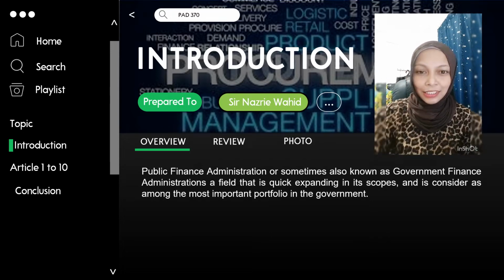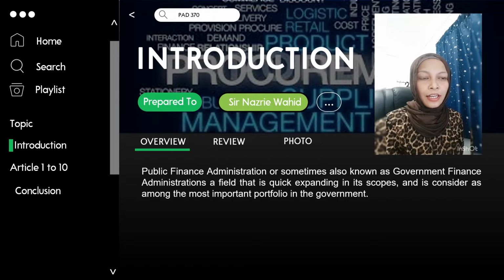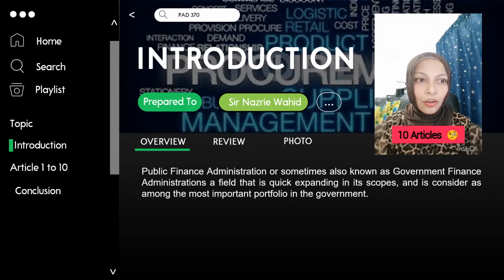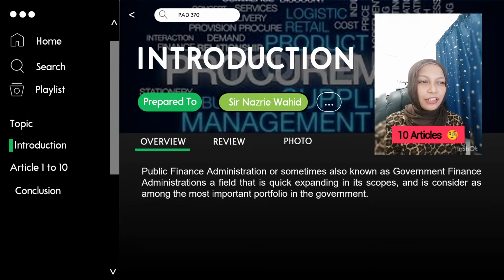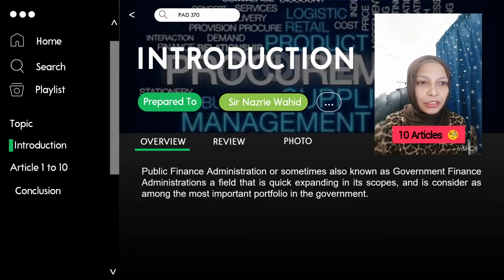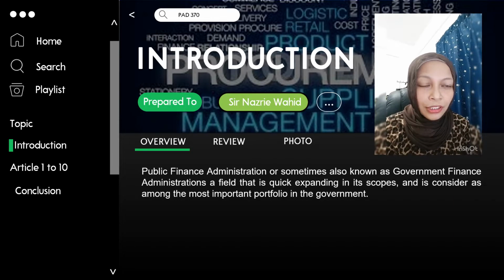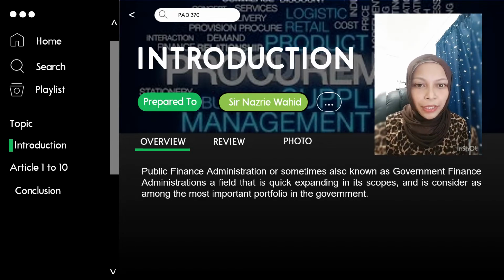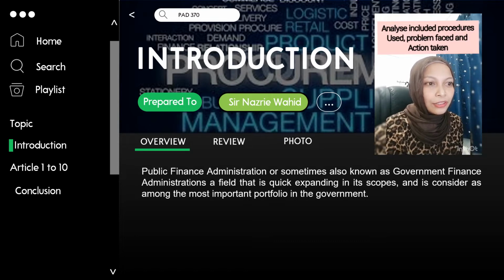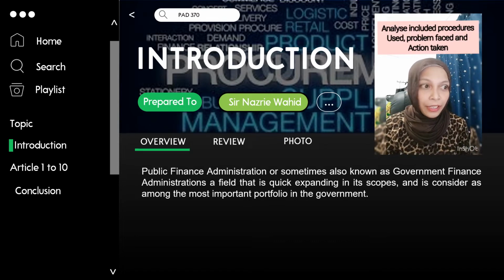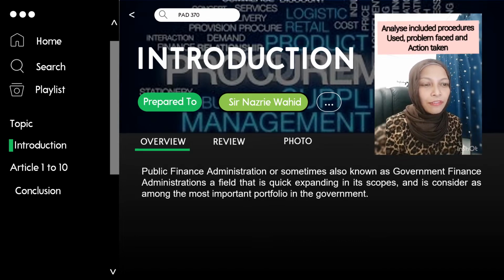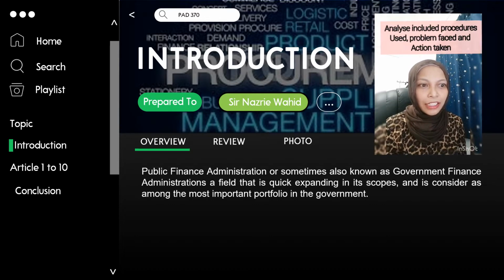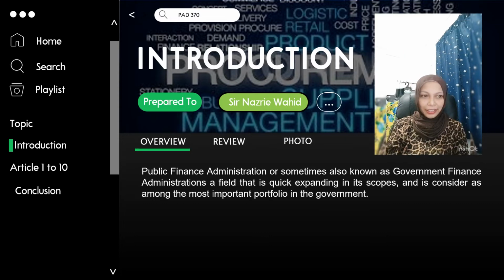conclusions with existing data. Okay, in this assignment, we will review and summarize 10 articles from various journals on the subject of procurement, and then we analyze the effectiveness of the procurement that conforms to the procedures, processes, and the principles of public procurement as reflected in 1PP. The analysis included the procedures used, problems faced, and action taken in order to solve the problems, or any matters written by the articles discussed on procurement activities and its subjects to Malaysia practice.